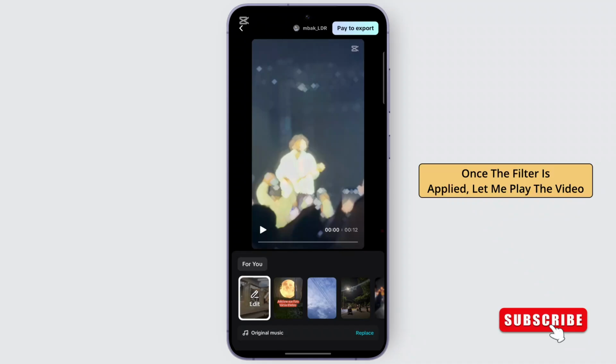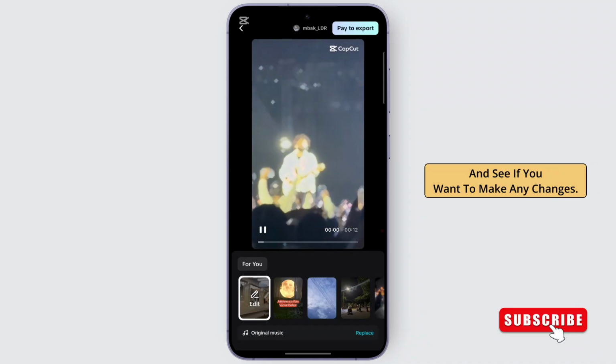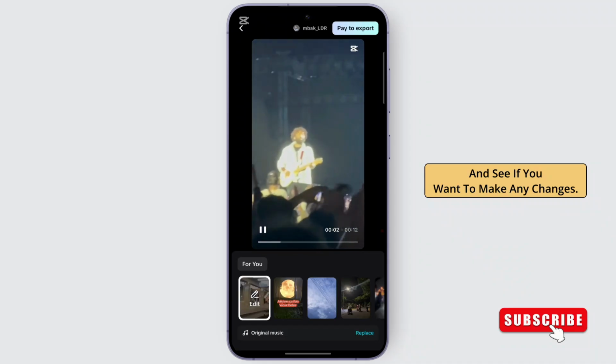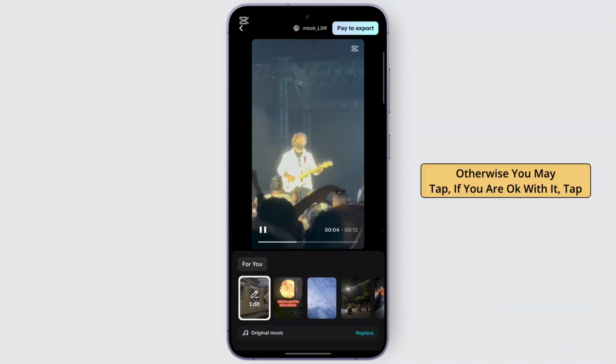Once the filter is applied, you may play the video and see if you want to make any changes. Otherwise, if you're okay with it, tap on the pay to export option at the top, as it is a pro feature, so you need to pay. You need to go on with the payment method first, and then only you will be able to export it. So for now, you may follow the step in order to export the Autocut, in order to use the